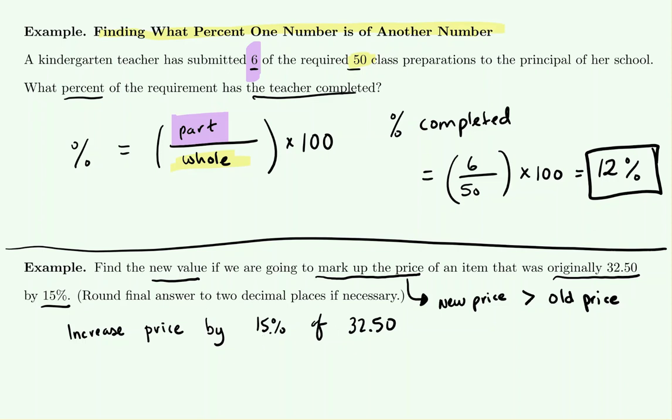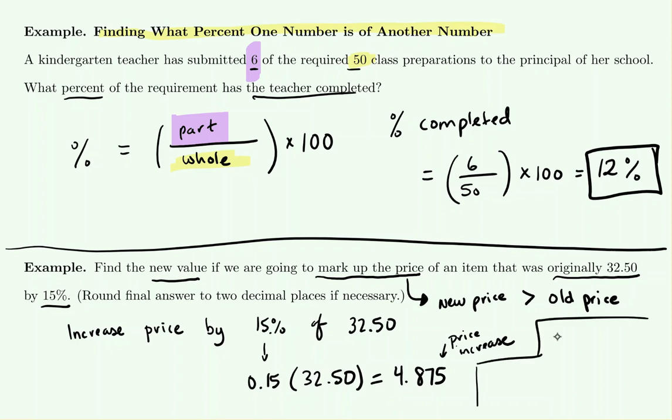We know the implied decimal point is there, so we would first turn it to a decimal, multiply it by the number given, use our calculators here, and this gives us our price increase should be $4.875, but it's increasing from what? It's increasing from the original price. So we would finish the problem by taking the price increase plus the original amount to get our new price,